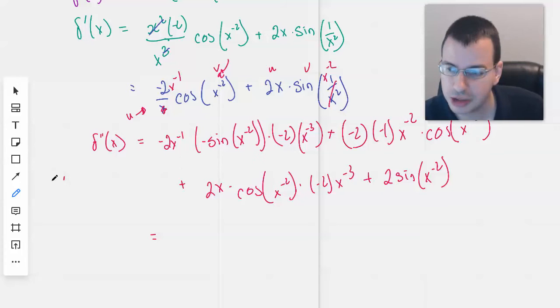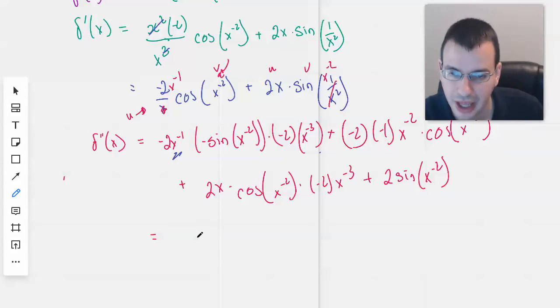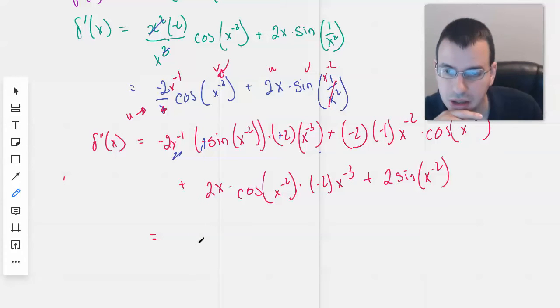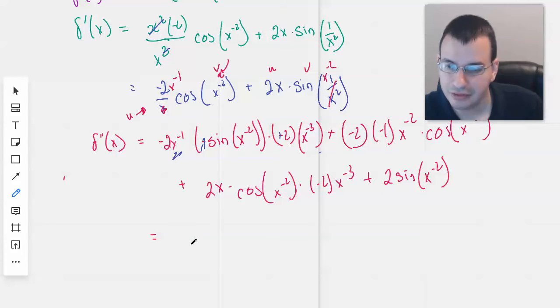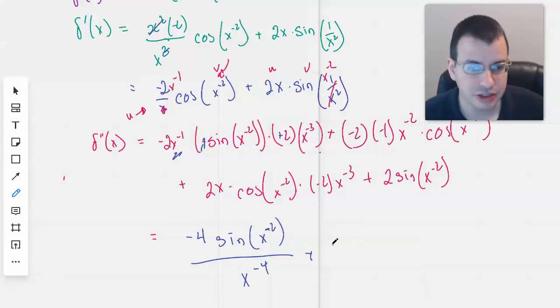So one of the red flags we have here is we have a lot of exponents to the negatives. So if we rewrite this a little bit, we have a couple negatives there. But then there's still a negative there, so we'll have a negative 4 sine of x to the negative second, all over x to the negative 4, plus 2